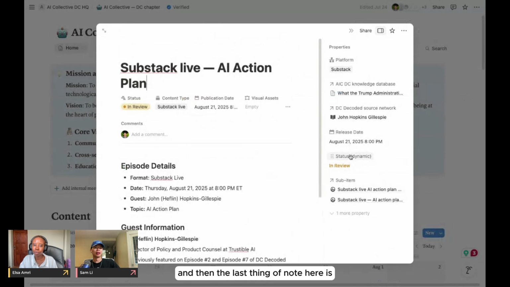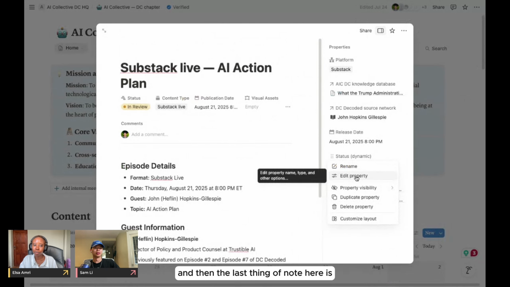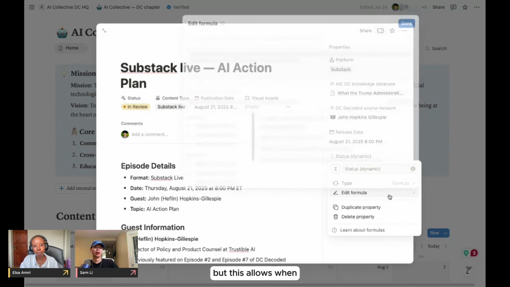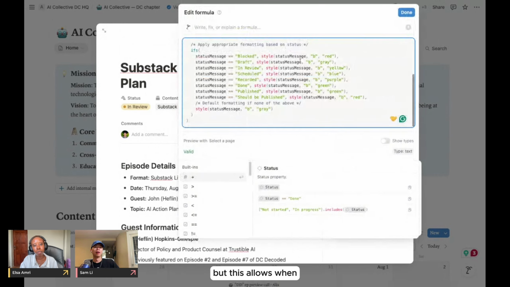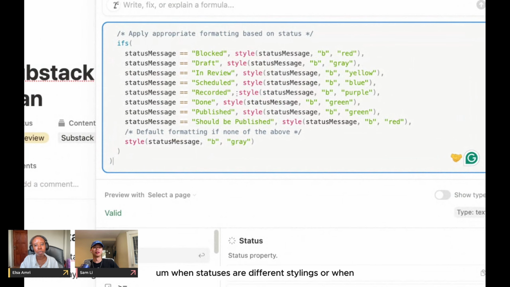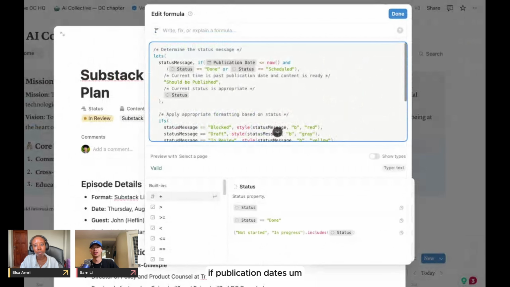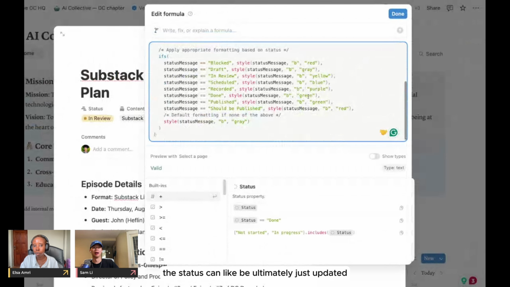And then the last thing of note here is I made this formula for status. As most Notion users know, we have a normal status property, as shown here. But this allows for different stylings, or if publication dates are fluctuating or past, the status can just be updated.